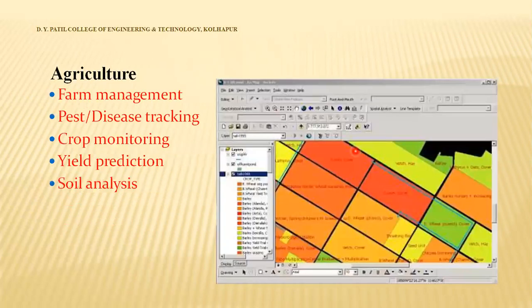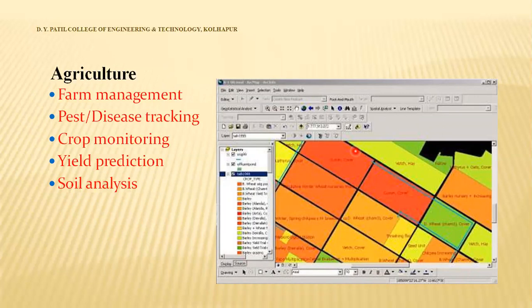So let us start from agriculture. India is an agricultural country, and almost 80% of the people are dependent directly or indirectly on agriculture. So many things can be easily done by using GIS.